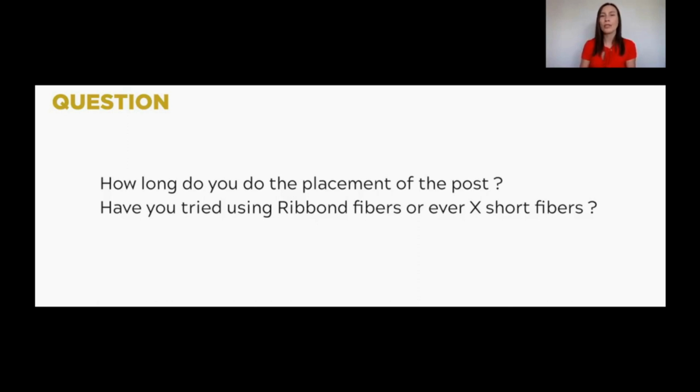I should say that there is a technique when you just take this glass fiber tape and pack it inside the root canal orifice and use it like a core, like a reinforcement system. But the point of using the technique which I showed you is to have some macromechanical retention,